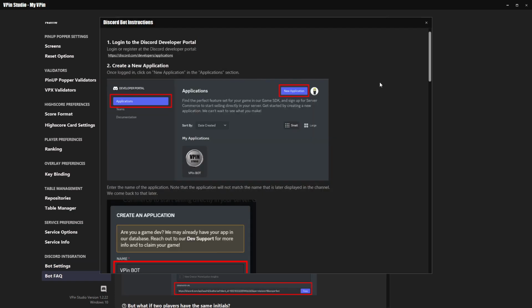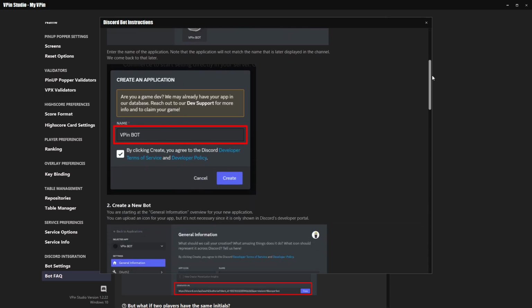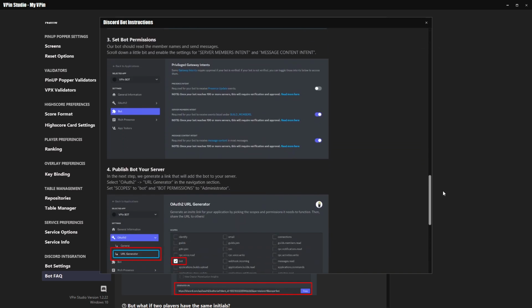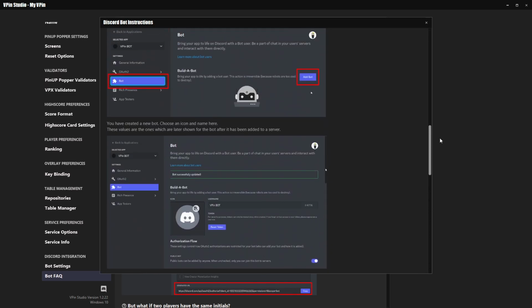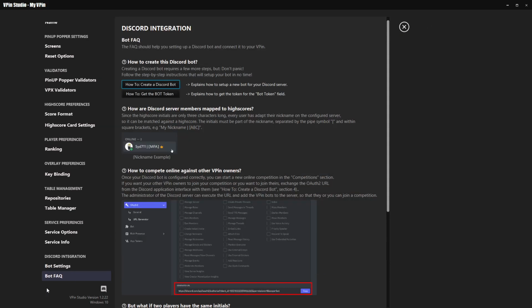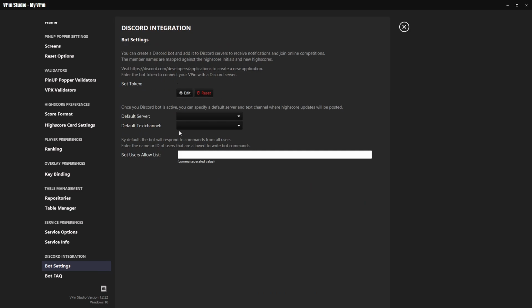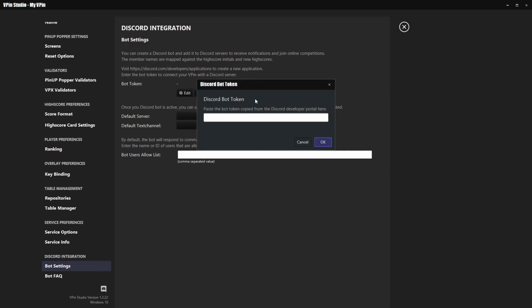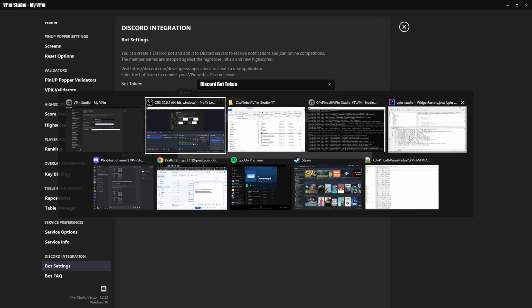So here you have a complete tutorial how to get this token and what steps to perform and what checkboxes to click and so on. And yeah, once you have done that, you can click edit here and enter the token. And I've already added this bot to my server. So let us check before we add this the